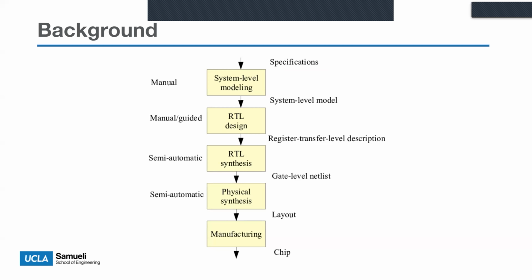First things first, you need to know what you want, and that is your specifications. Then you will try to create the whole system in the big picture, and that is the system level model. And then you need to do some RTL coding. This is your RTL design, and